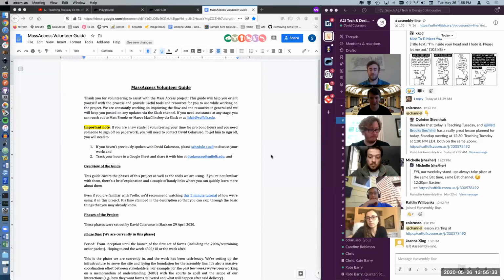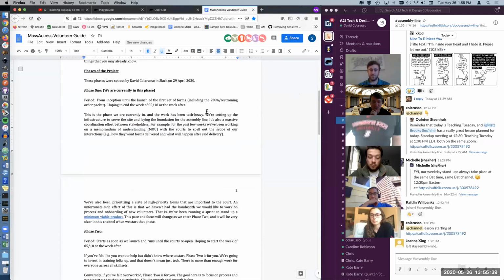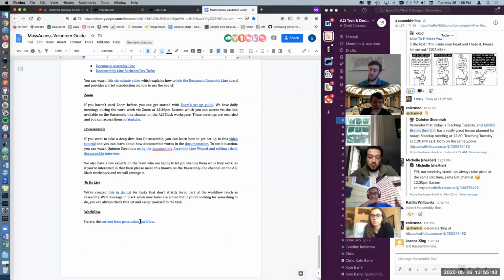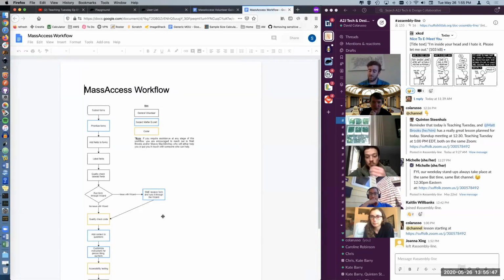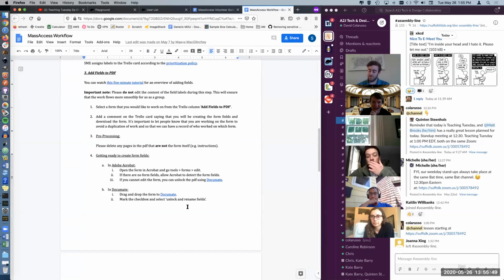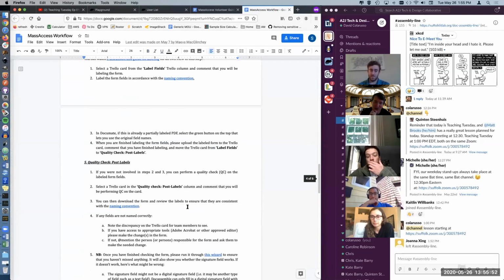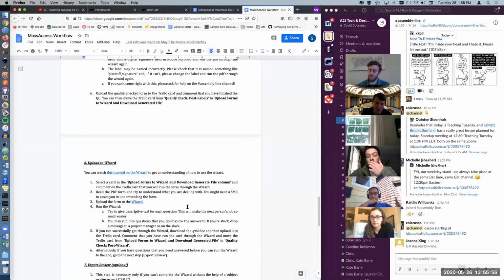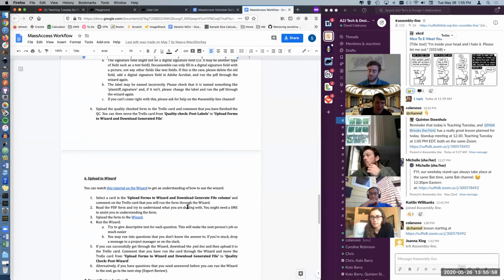My suggestion would be to go ahead and read the volunteer guide all the way through. At the very end, there's a link to our current form generation workflow, and you'll want to read through that too. That's not going to occupy all of your time, but what you can feel empowered to do is to go ahead and